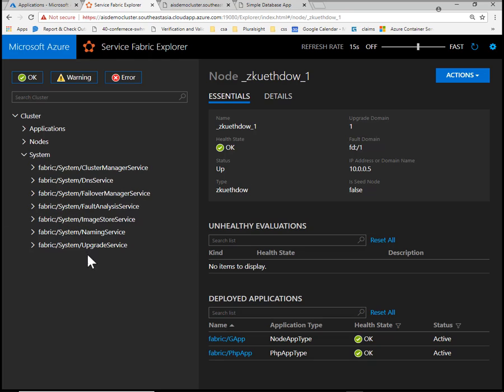And if I click here, these are the services that are already baked into the Service Fabric. And this is one important difference. When we were looking at AKS, it also provides you many of the capabilities that are shown here, but those are all open source tools that have been combined together as part of the orchestrator. In this case, the DNS service, the failover service, the image store service, they're all baked into the Service Fabric